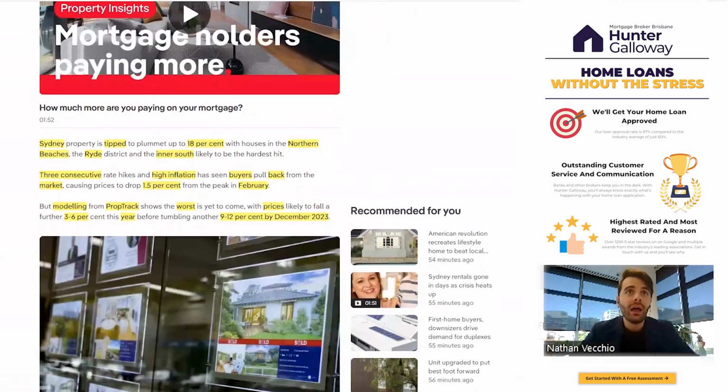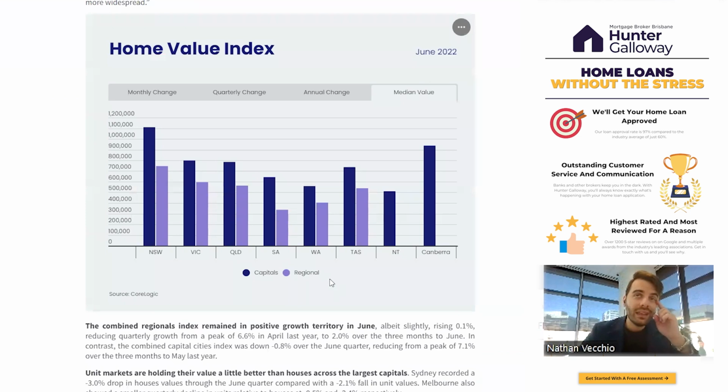I guess with the 3 consecutive rate hikes that we've seen, soon to be a 4th coming up on Tuesday, and higher inflation, we're seeing that buyers are pulling back from the market, which has caused a drop of 1.5% from the peak in February. Now, we only need to have a look at the home value index to get an idea. Sydney being the largest, the capital city, the most expensive median value across the country,